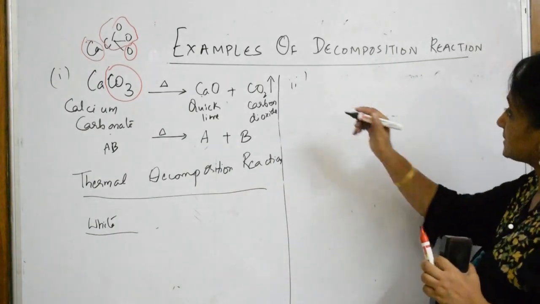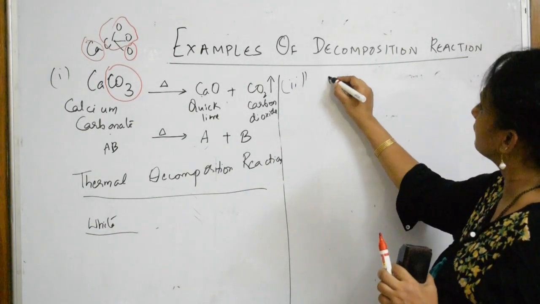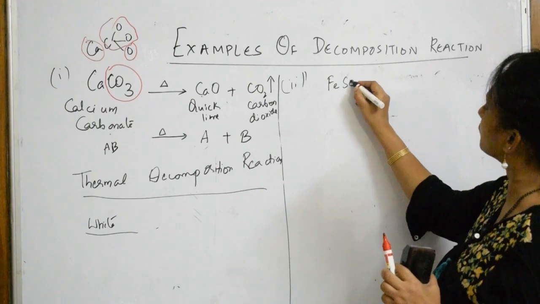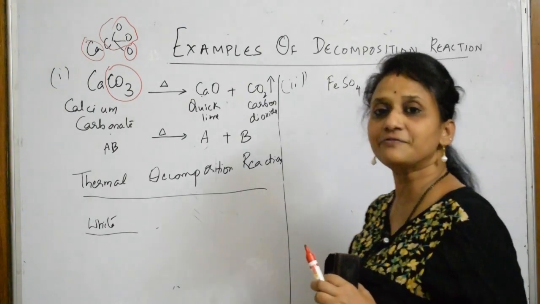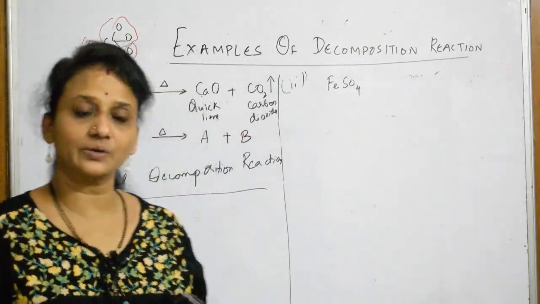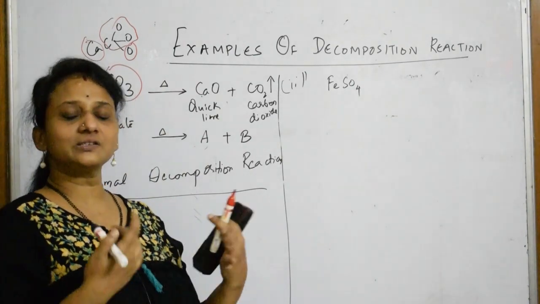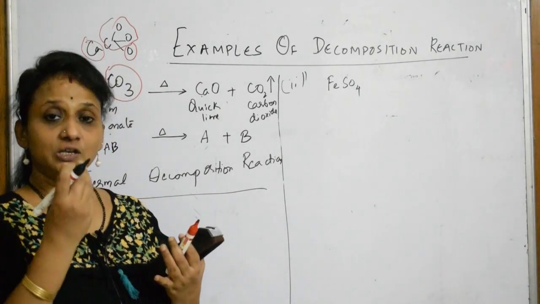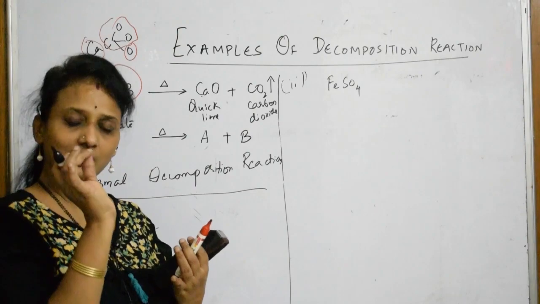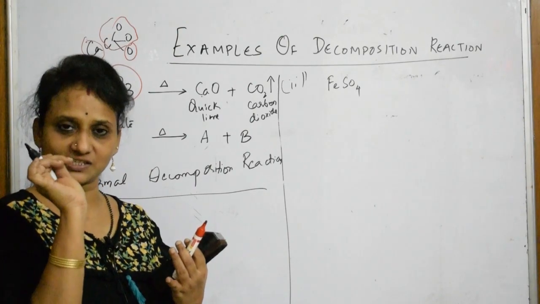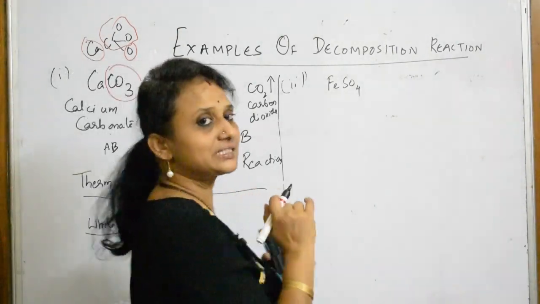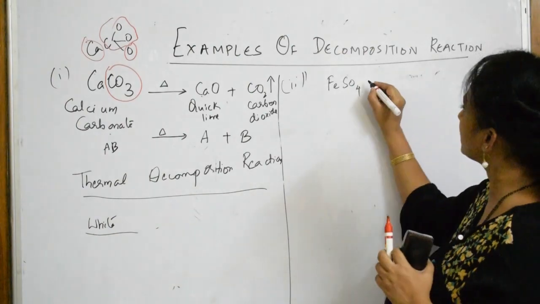Next example which I'll be taking is ferrous sulfate, FeSO4. Basically ferrous sulfate is a crystal. Crystal means, you see in your house you have salt crystals, no? When you hold it, it is rough in texture. So ferrous sulfate is a crystal. The formula of ferrous sulfate is